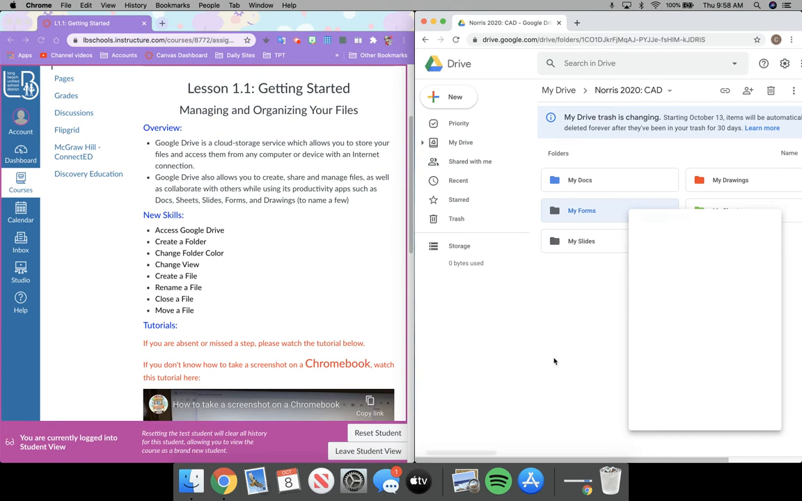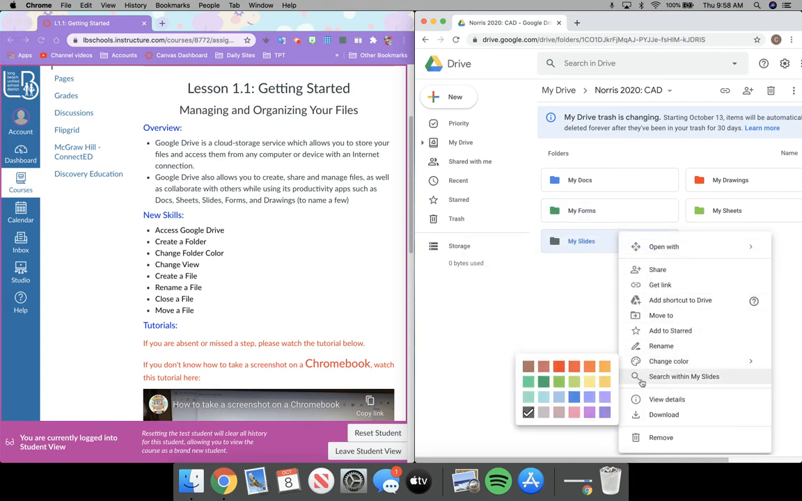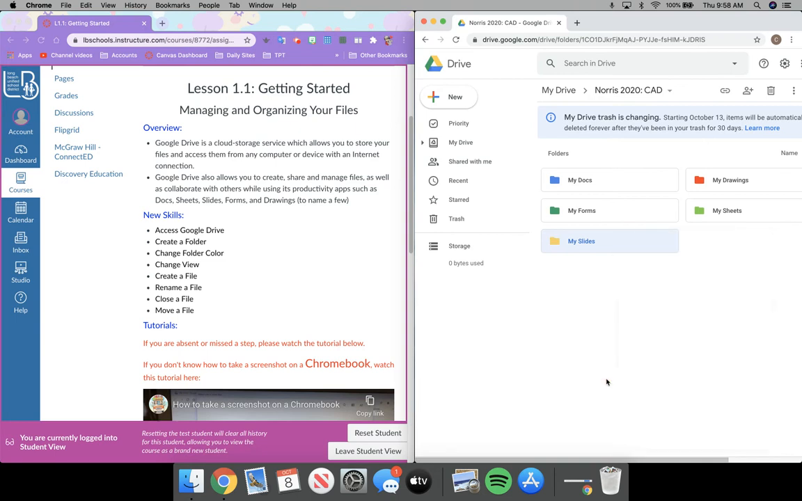Vern Fern. And then finally, My Slides is going to be macaroni, which will be like a yellow. Oops, change color. Desert sand, no, macaroni. Okay, so now I've created all of my folders and changed the color of the folders